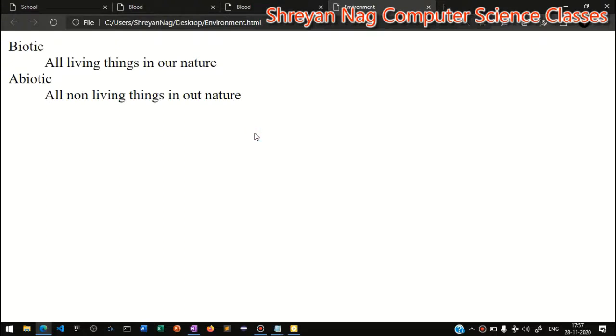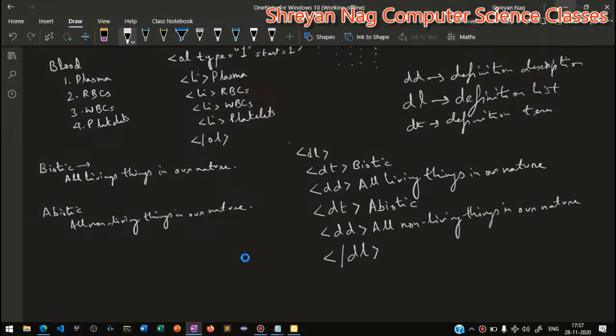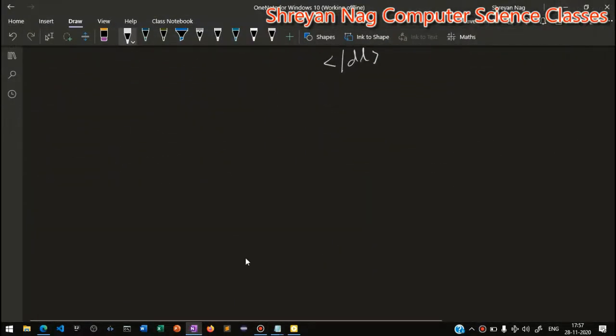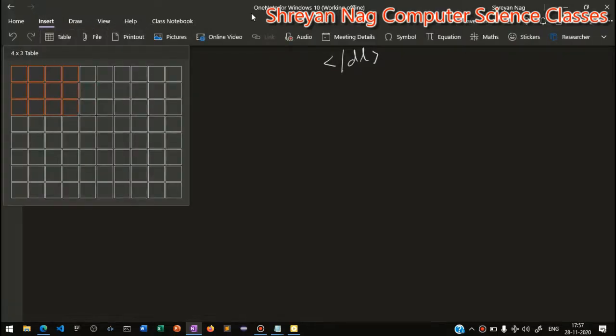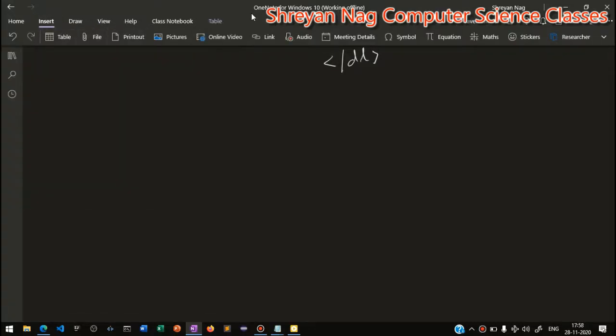Alright, now we will learn how to make a table. So let us see how to make a table. To learn how to make a table, we need to first understand the following things. So let us make a table here, like insert followed by